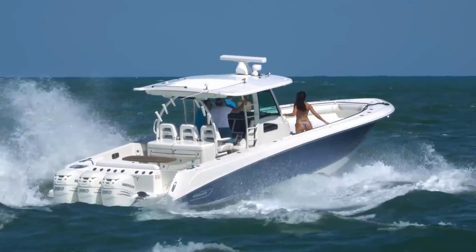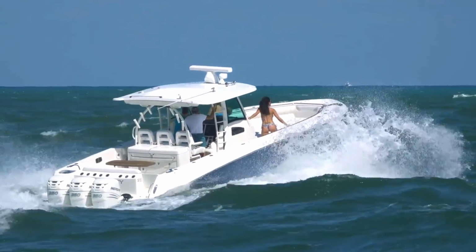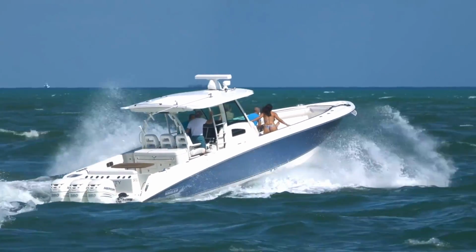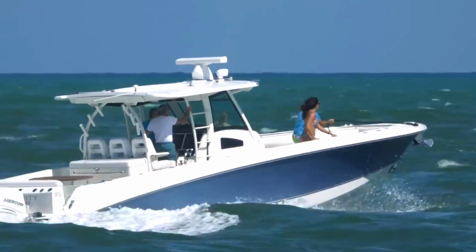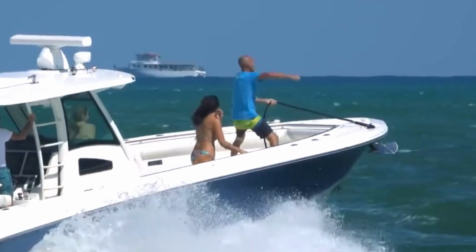And we're about to see that guy here on this Intrepid as he's going to walk up to the front of the boat and show these girls what cowboying up is really all about when coming through Haulover. He's going to head to the bow of the boat, grab a line, and just show us how it's done. While I don't condone this behavior, I am going to give this round to the boats as well. That's going to put the boats out to an early 2-0 lead, but we're going to roll into round 3